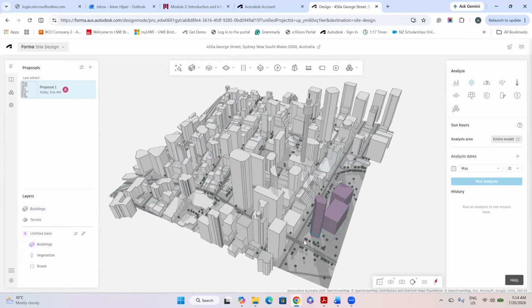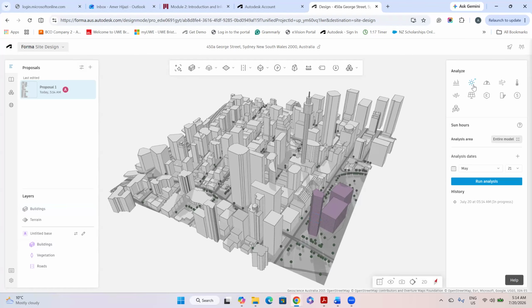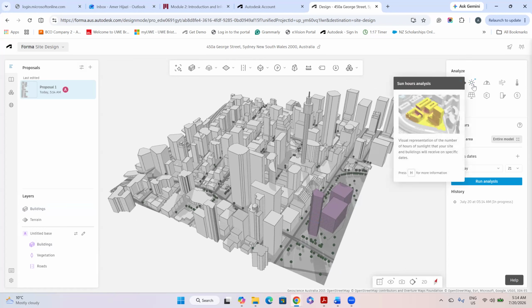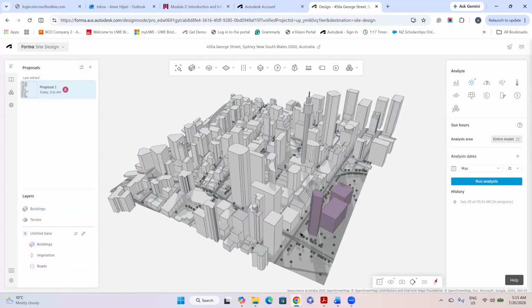Once the analysis is ready, we can see the impact of the sun hour analysis on the surroundings, and that's sometimes important when it comes to the conceptual design because it helps when you start thinking about sustainability,